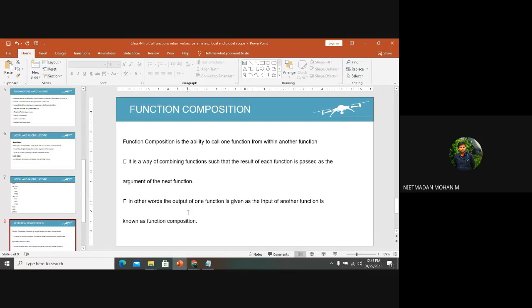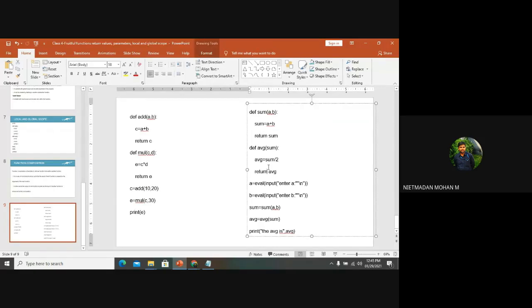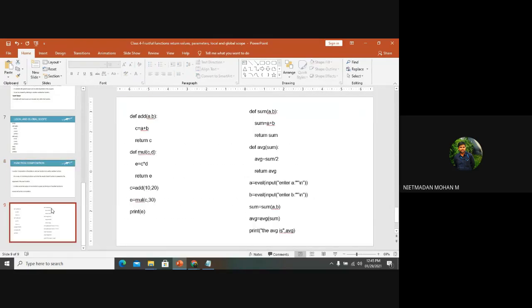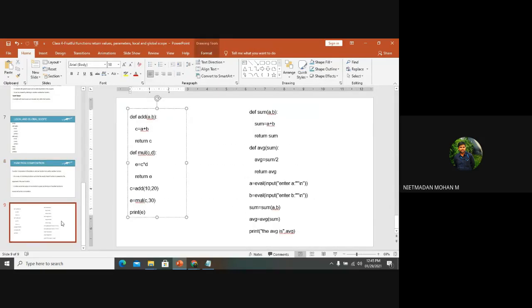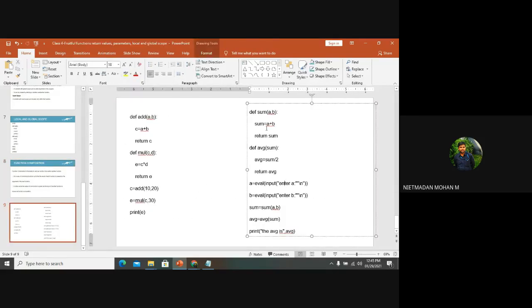So yes, this is the basic thing, function composition. You can go with these two particular examples. That will be fair enough. If they ask a two-mark question, you just explain about function composition, and you can give any one example here. If they ask an 8-mark question, you explain about function composition, and you can explain each and every line of code, what is happening in each line.